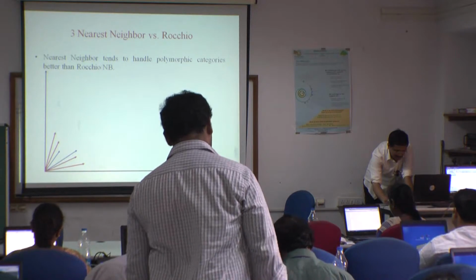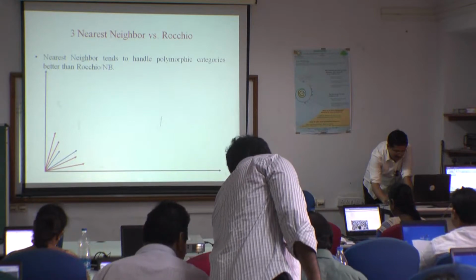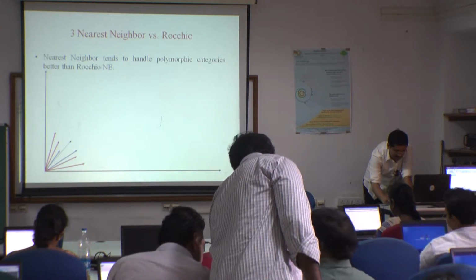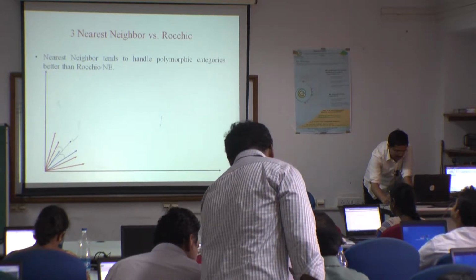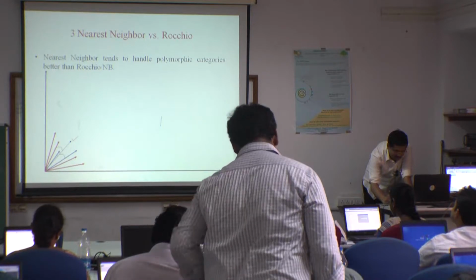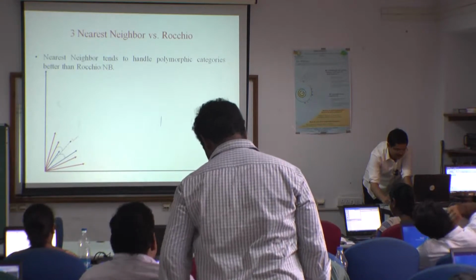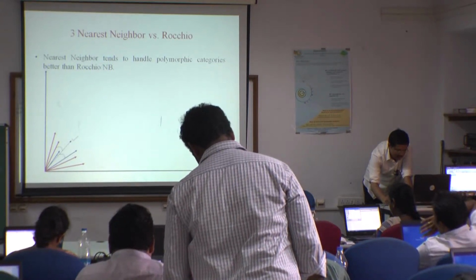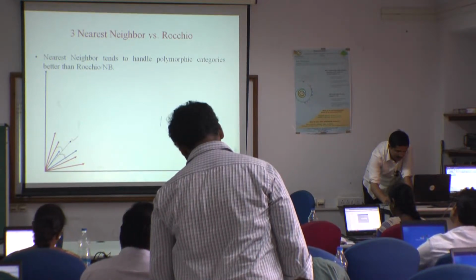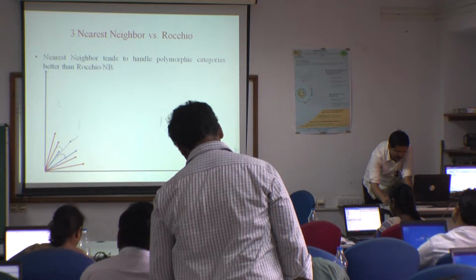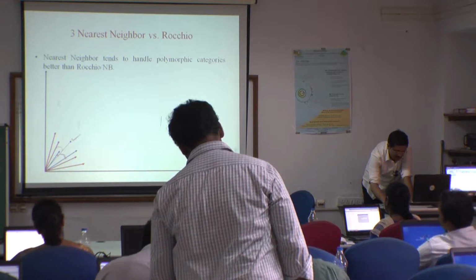Now this is the same case where anomalies occurred with the Rocchio text classification system. Now see what happens here. Again, new documents. Now what we will do is just calculate the cosine similarity. Here we are not going to calculate the centroid, just calculating the cosine similarity with the nearest documents. We find that the cosine similarity angles are smaller here with the two blue documents, and these are in the majority, so it will go to the blue documents.